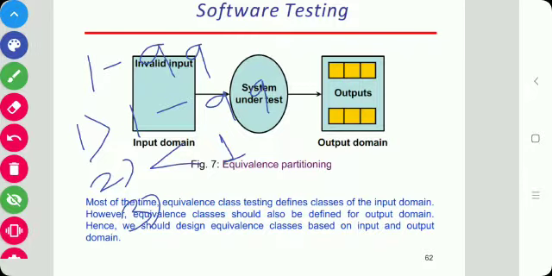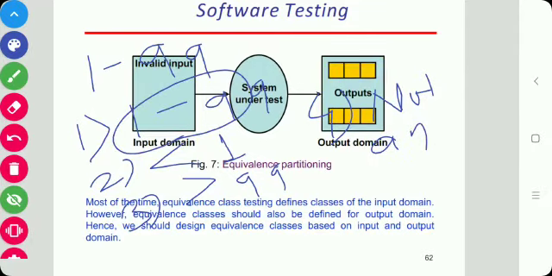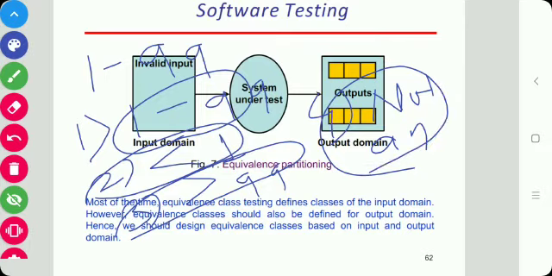Third is any number greater than 99, and there is a fourth invalid class also, if the input is not a number, so that is also a class. And according to that, we have to design one test case from the first class, one test case from the second class, one test case from the third, and one test case from the fourth.